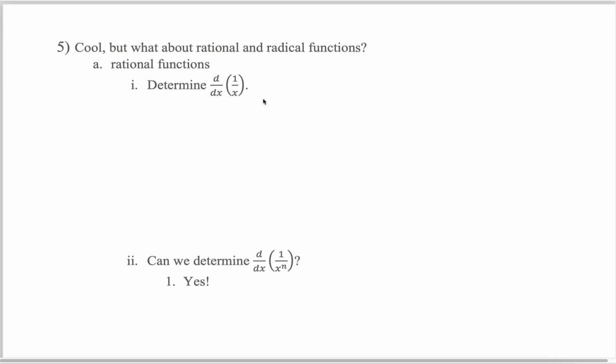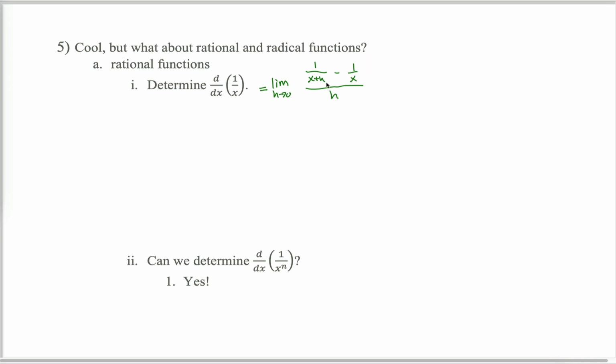Things like the derivative of 1 over x. We know how to take the derivative of 1 over x. We can do this with the difference quotient, right? It's just the limit as h approaches 0 of f of x plus h, so in this case 1 over x plus h, minus f of x, 1 over x, divided by h. This h is the problematic h that we're trying to get rid of. In order to do that, we got to make it a fraction divided by a fraction and multiply by the reciprocal of the denominator. I won't go through all the steps since we've already done them so many times, but